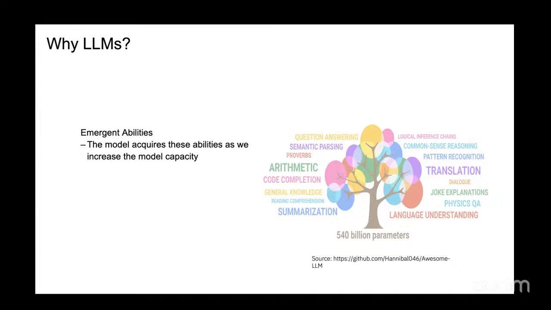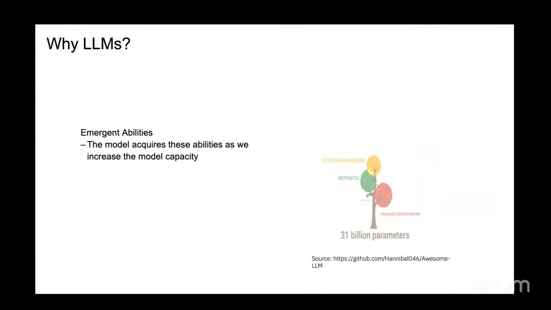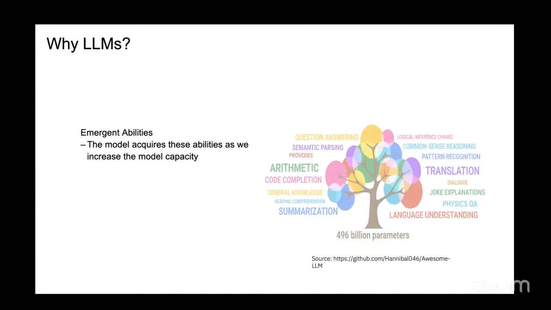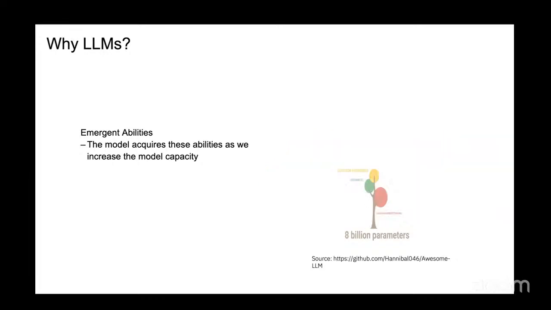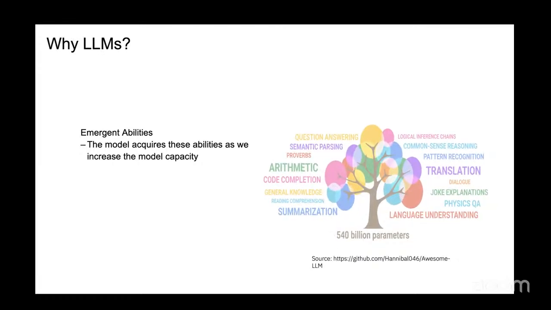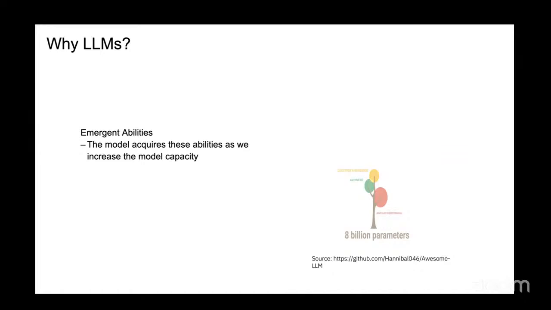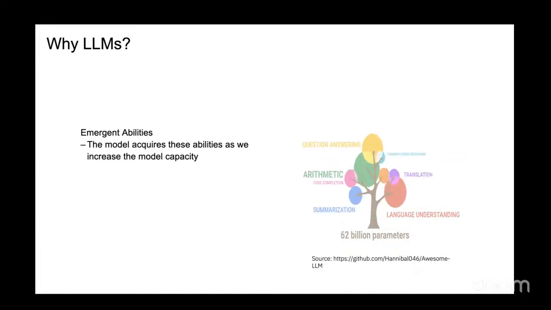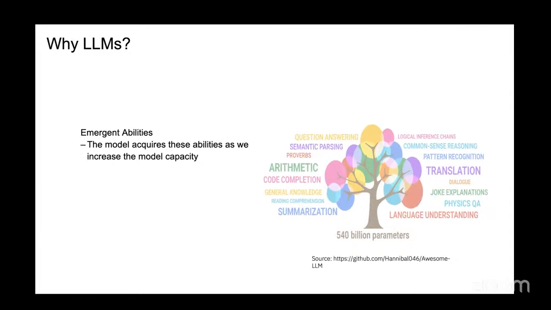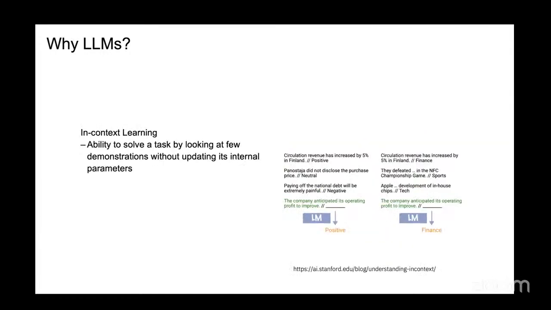So that's where we started, with the initial version of transformers, which had a few billion parameters and could do only a certain set of tasks. How we reached ChatGPT is that we just built a very large model which has seen a huge corpus of text, and the model, by just trying to learn to reproduce what it has seen, tries to figure out the semantics of a language, the syntax, how you put together a sentence, what the grammatical rules are which govern the language, and so on and so forth. In addition to that, we started seeing something called in-context learning.